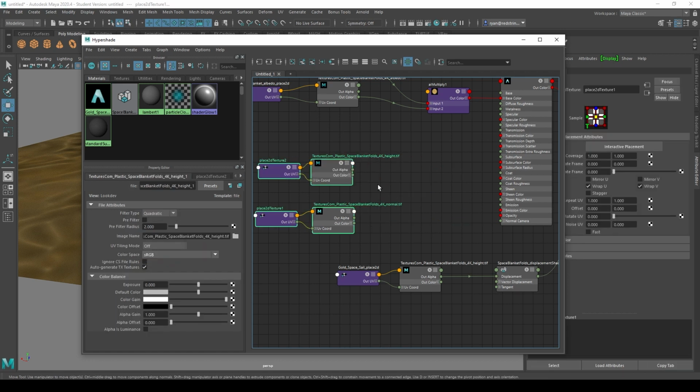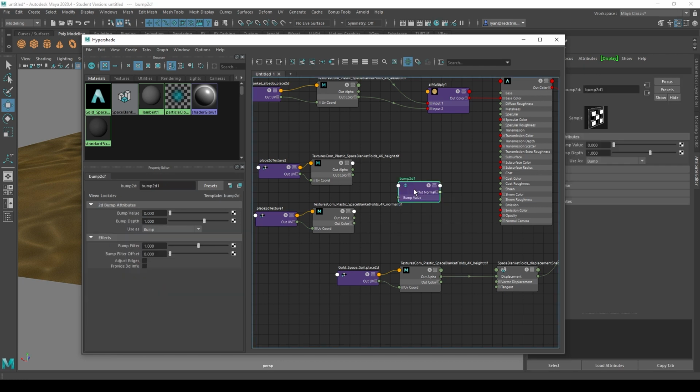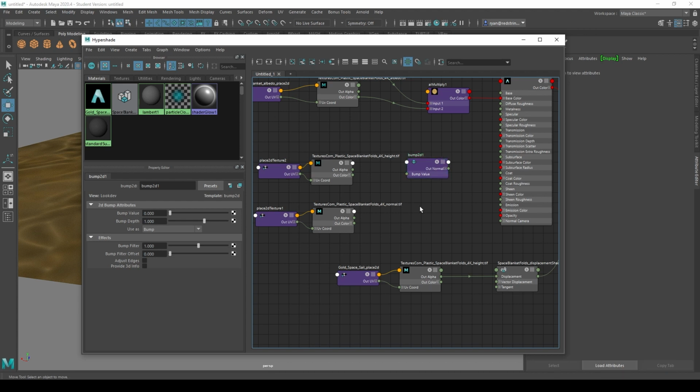Okay, so with those disconnected now, I would like to go and add 2 different additional nodes. I would like to add a 2D bump node to each one of these. So again, I'm just going to press Tab and type bump, and then I can copy and put 2D there. I can copy, and so with the 2D in there, we can press Tab and then go to